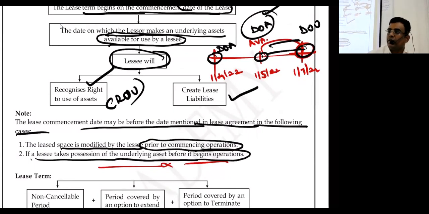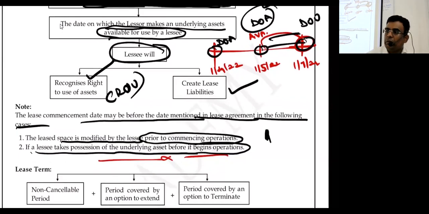The agreement they will sign later, but the work starts earlier. At the time of building construction itself, the bank will go and specify what it needs: in this place I need one cabin, safety room, steel, locker wall thickness. They will be specific about it. So if all that is there, then from that date it has started. Otherwise, the rest is available to use. I hope you are clear now.